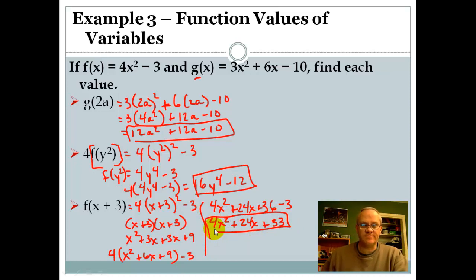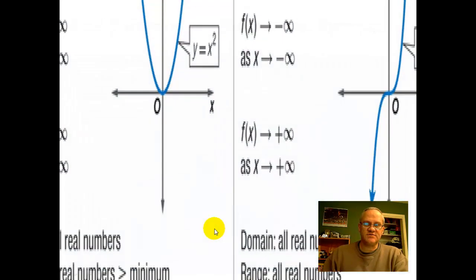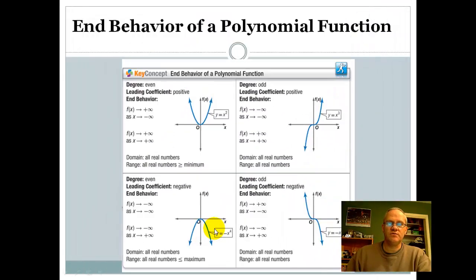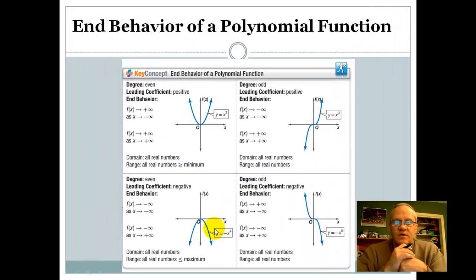Hopefully that's not too bad. All right, next. Okay. This is probably something you haven't seen before. So this is going to be a little trickier, so stay with me here. Once you get the hang of this, it's not terribly bad, but a couple of things here about the graphs